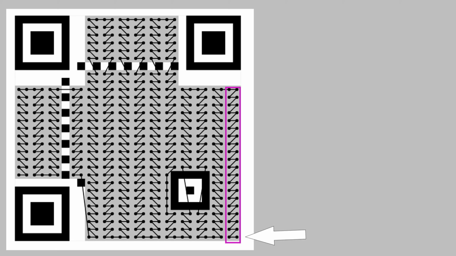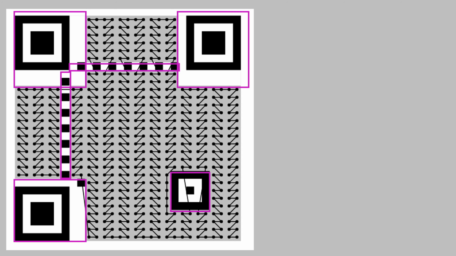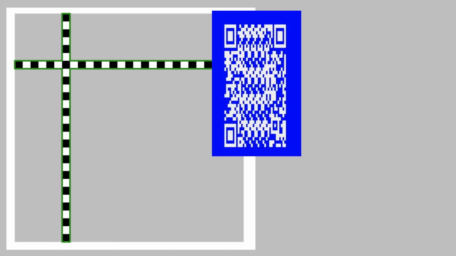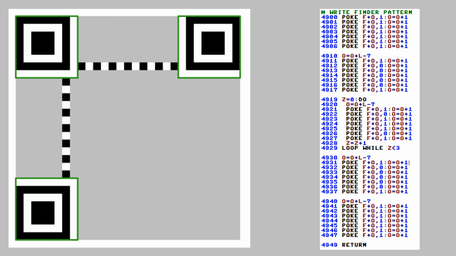Now we're ready for step 4, aligning the data inside the matrix. No, wait, before we do that, we will need to write the static patterns that are so characteristic for QR codes. We need to write these now, so the actual data stream later can skip the according fields. We do not want to overwrite any data after all. We start with writing the timing patterns. QR code readers look these up to know how wide and tall one module in each row and column is. This way, rectangular codes work just as well as square ones.